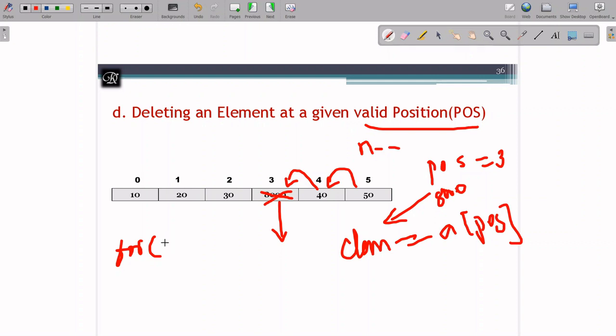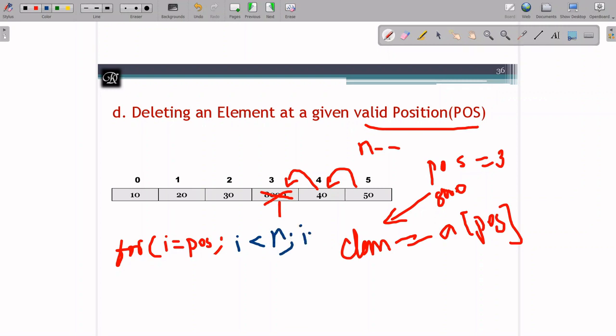Here I is equal to position. If you know how to insert, you can write how to delete also. Next, the condition is I is smaller than n, or smaller than or equal to n minus 1, both are the same.